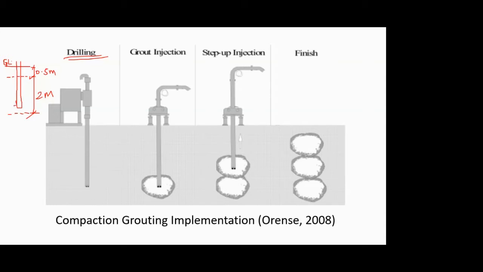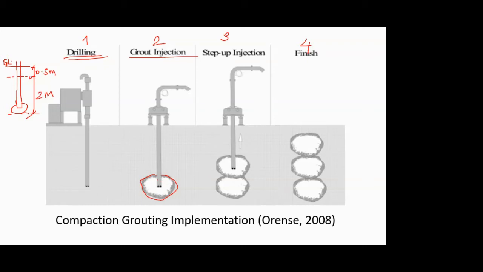After drilling, I will start the grouting process. I'll start injecting the grout. You can see this in step number 2, where I have started injecting the grout. What is shown is that a bulb kind of formation is there. As I told you, this grout is not that fluid. It has low mobility, so it will not spread, but it will form a lump. Because we are injecting it with pressure, it will form a homogeneous lump in the soil itself. And the extra volume will be compensated by reducing the air voids in the adjoining soil structure.